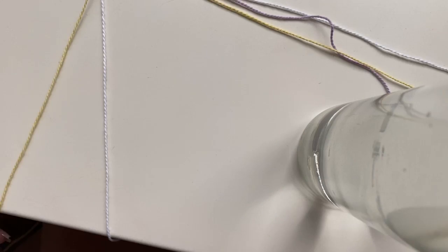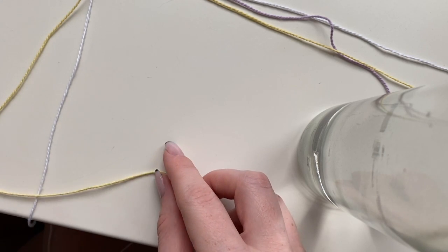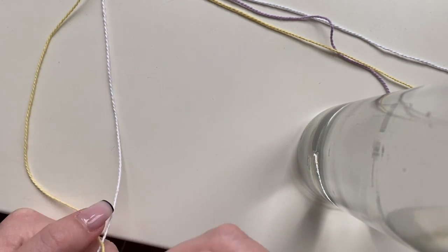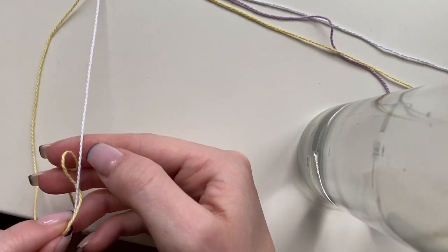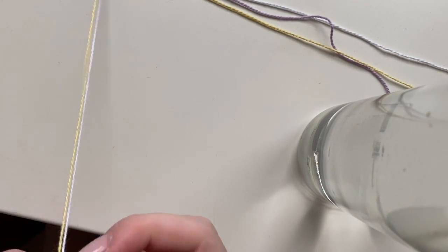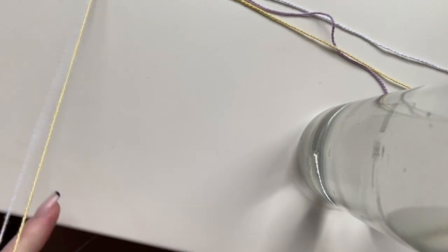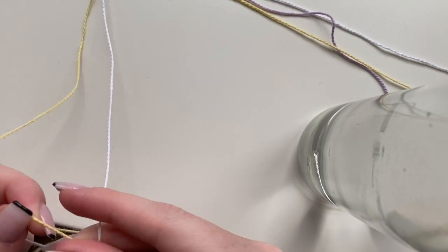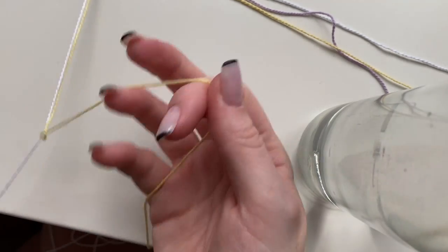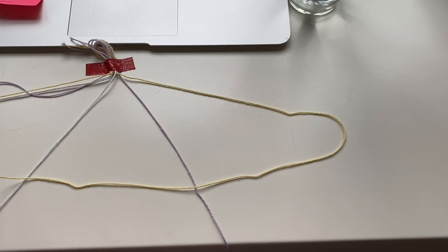And you're going to do this twice for each string. So after I did 2 knots with yellow over purple, then I did 2 knots of yellow over white, moving from left to right, so from the outside to the center. So after you've reached the center, going from left to right, you want to switch to the other side, and